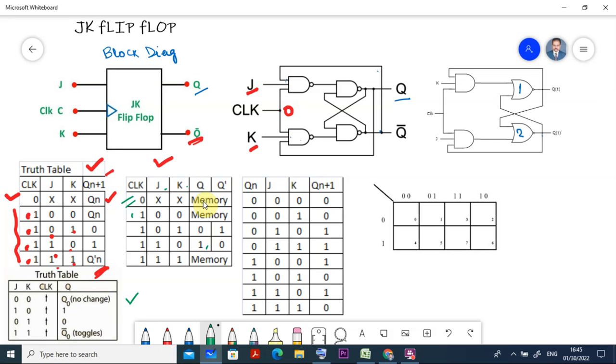Now I am going for the various conditions here. Qn is the previous state, and Qn+1 is the current or new state, whatever you say, right? So in that case, suppose previously Qn is equal to 0, and J is equal to 0, K is equal to 0, then let us see Q. We work on this thing, then we can understand everything, right? So now let us take the example here. First I clear all the things.